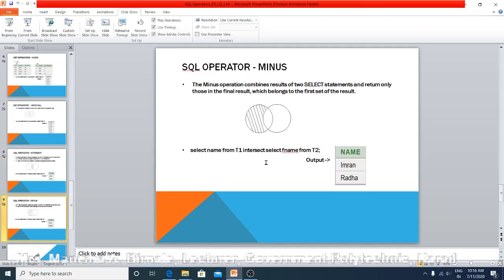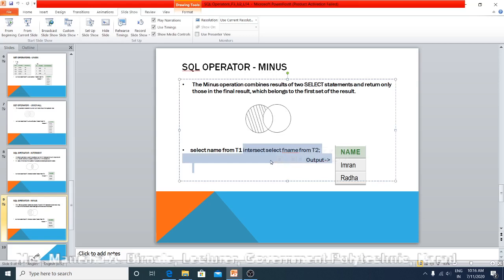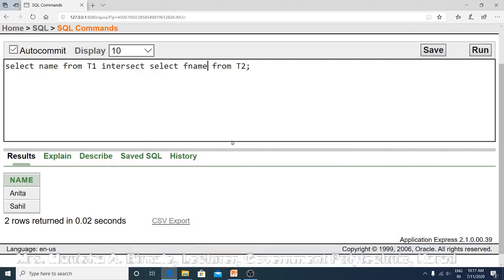So let us see the contents of the T1 table.